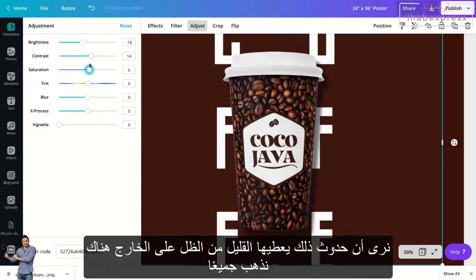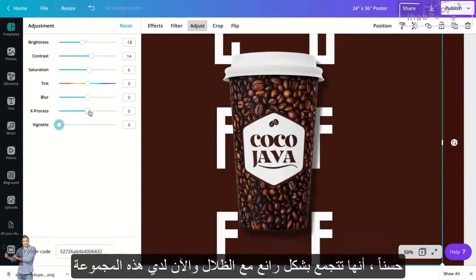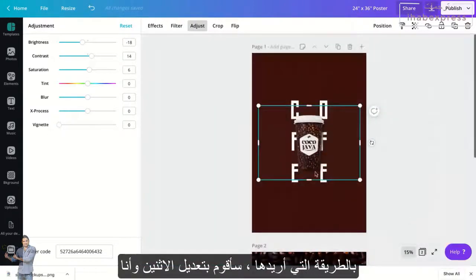We can see that taking place. Give it a little shadow on the outside. Here we go. All right, it's coming together pretty nicely. Got shadows, and now that I have that set up the way that I want, I am going to